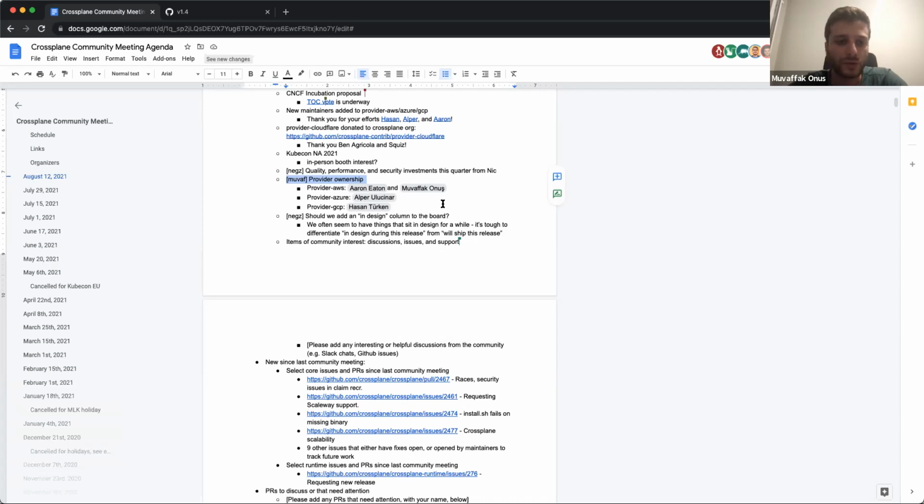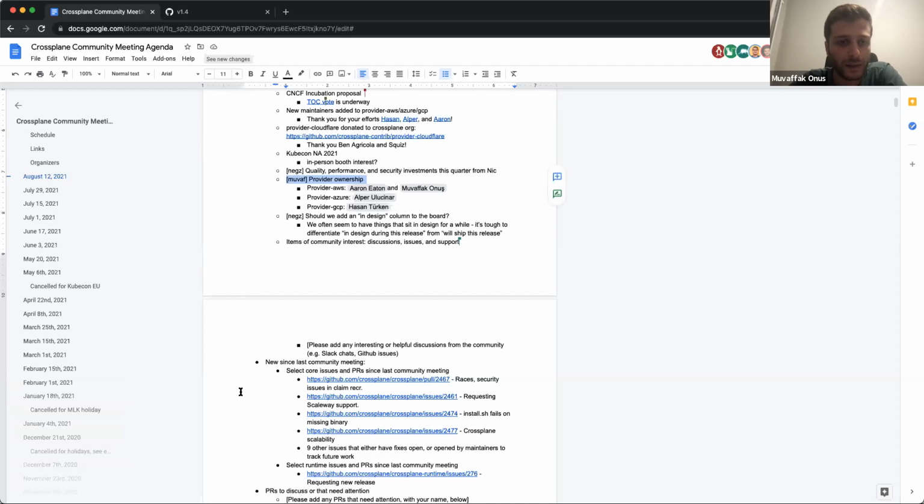So we wanted to assign someone to keep track of them, not actually working on or fixing them, but bringing them up in the community meeting or planning meetings, so that we are aware and prioritize, so that those issues are acknowledged and kept track of.